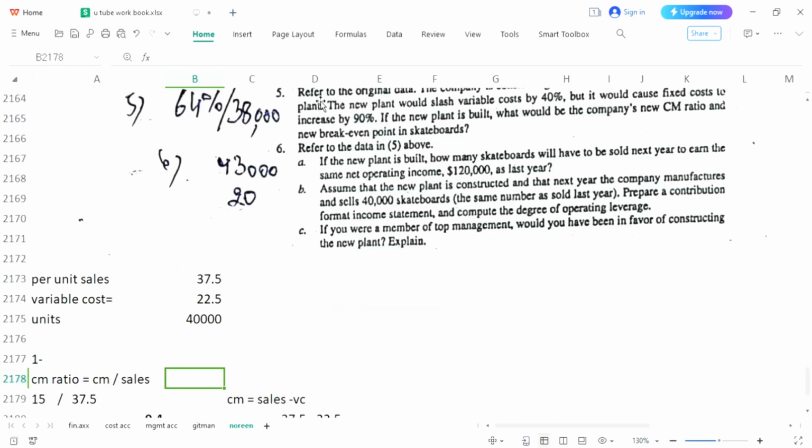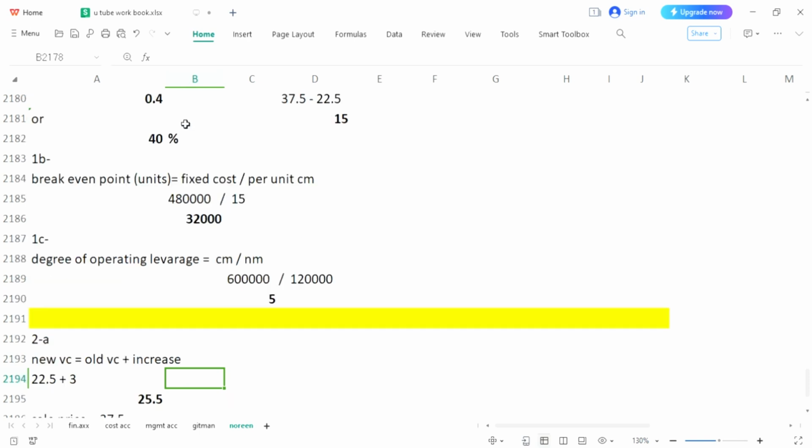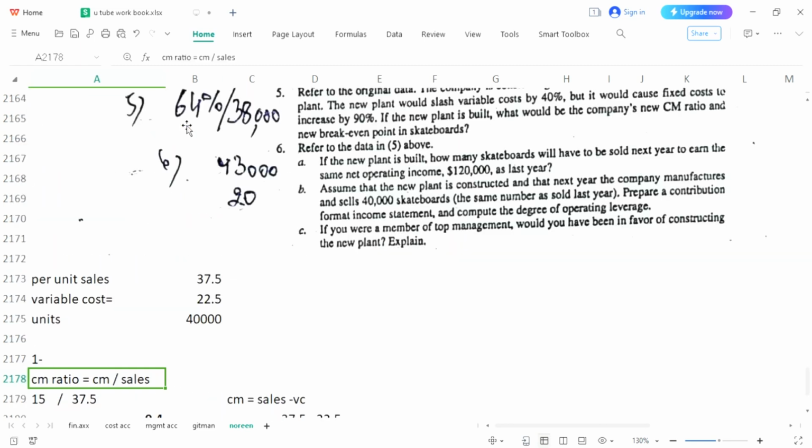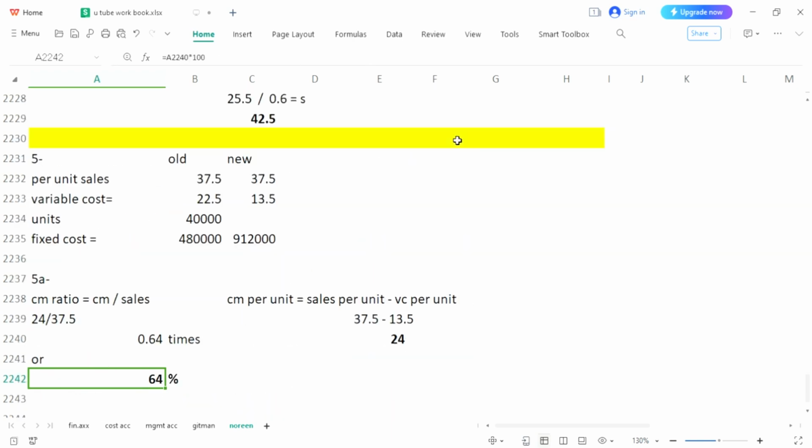This is your fifth and first part is 64% and our answer is also 64%. But fifth part may have another thing, and that is new break-even point in terms of units. So come over here and we need to calculate 5B,